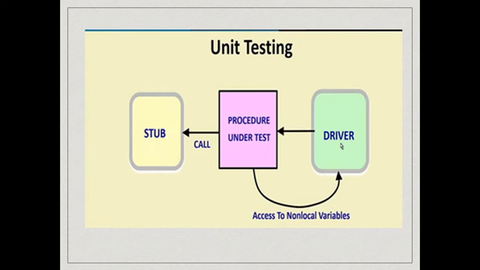We can represent the same thing this way: in order to do unit testing for some unit, the tester has to write two small pieces of software. One is the driver, which calls the unit under test and supplies it the necessary data, and if the unit needs to access some global data, it provides the global variables to the unit. The tester also needs to write the stub, which is the procedure under test that the unit needs to call. So for unit testing we need drivers and stubs to be written before the unit testing can be carried out.